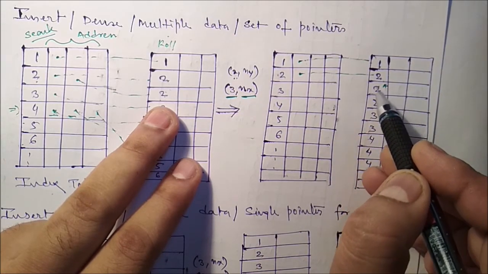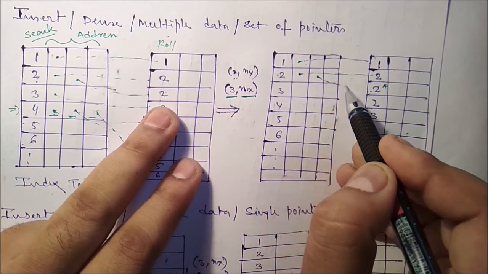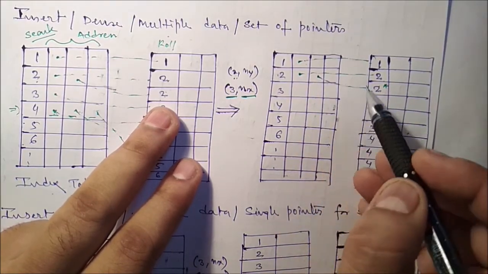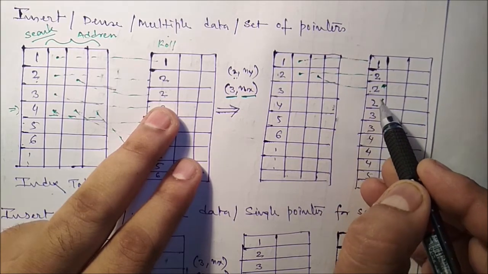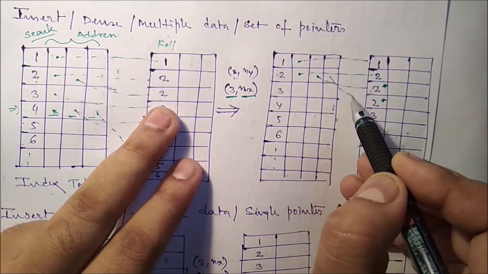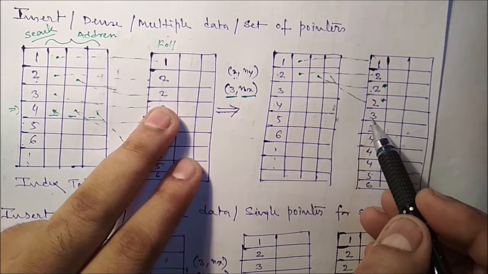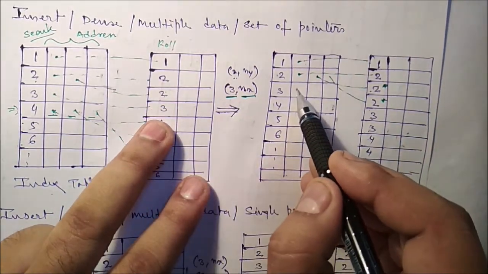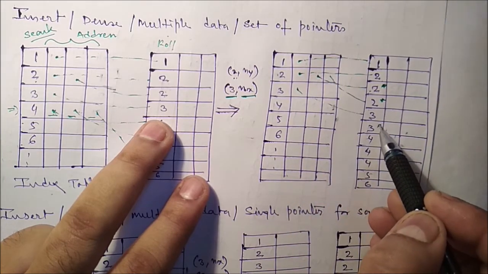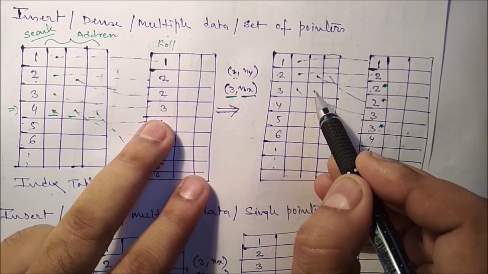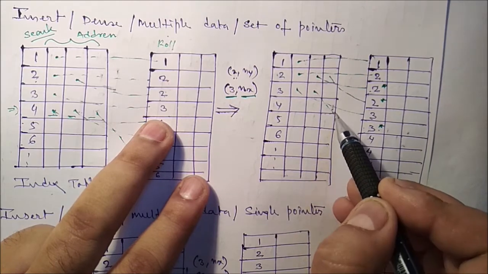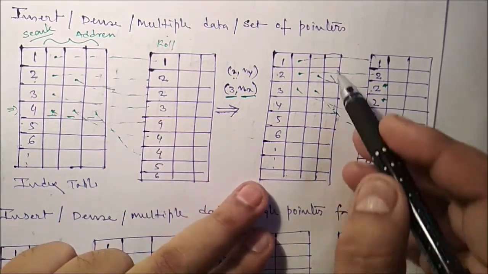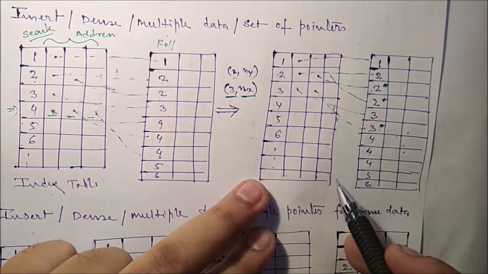So this particular address is stored somewhere here. Similarly, the 2 is already present, and this is our new 2. Here you have to store this part. Now 3: we want to store another 3. A single 3 is already present, but this is our new 3. So in this part you have to store the address of this particular 3. If you want to add something here, you have to update this index table also.